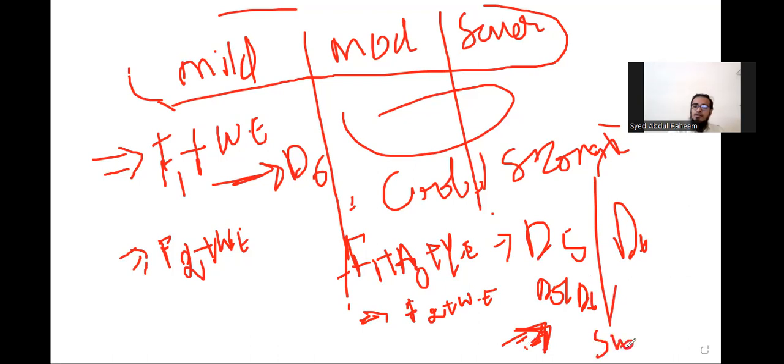And the third remedy, S10 F1WE. This is the third remedy. We are adding three remedies here. And in the severe case, in the severity,